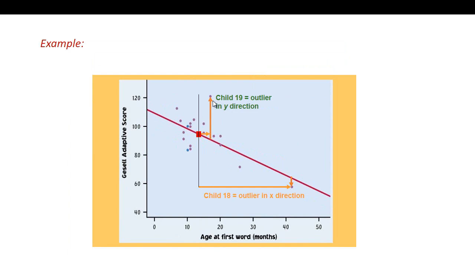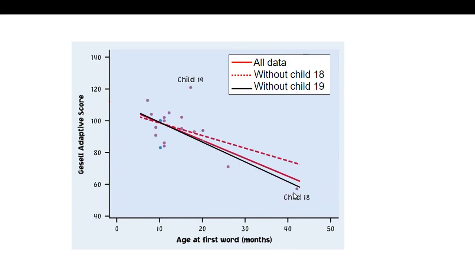So this would be the outlier in the y direction, and this is the outlier in the x direction. And so here we have these regression lines in 3 scenarios. The solid red line is the one we get using all the data. The dotted line here is obtained without child 18, and the black line is obtained